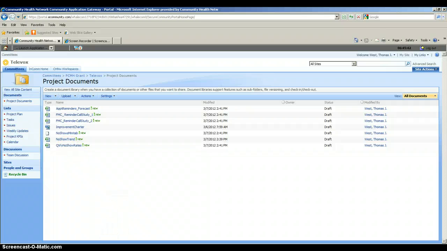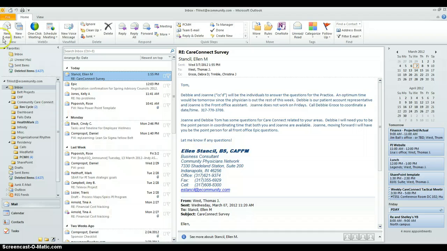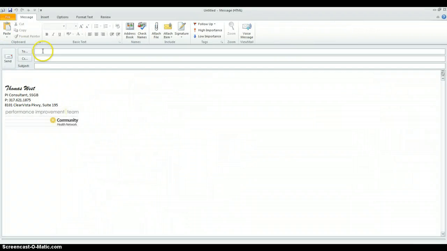Go ahead and open up your Microsoft Outlook account or whichever email function you do use. Create a new email and type in the individual you wish to receive. In this case, I'm going to let the individual know that this is a test hyperlink, and there are a few ways for you to include the hyperlink to the file. The one way is simply right-click